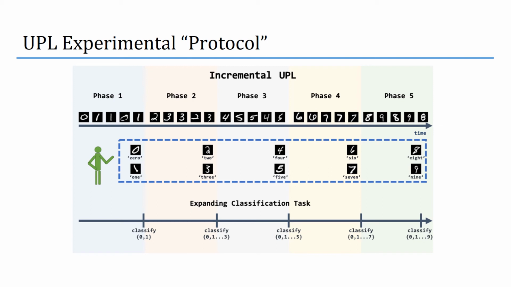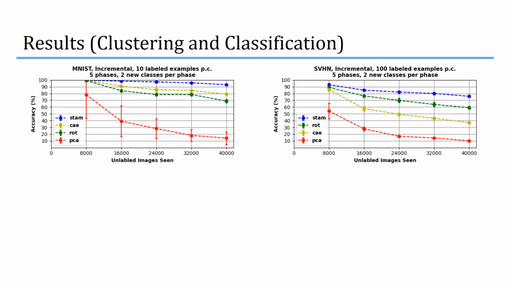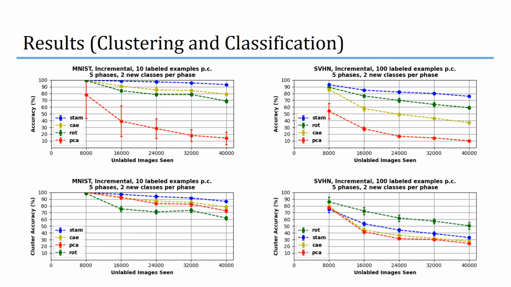In our experiments, we evaluate the representations with small clustering and classification tasks. The data provided for these tasks is not part of the agent's learning and does not affect the model's parameters. Rather, it is used to evaluate how good the learned features are. We specifically provide a small amount of labeled data from all classes seen at any point in the data stream and then perform a classification task. We use the same protocol for the clustering task but do not provide any data labels. For our experiments, we perform classification with limited labeled data and clustering accuracy with unlabeled data.